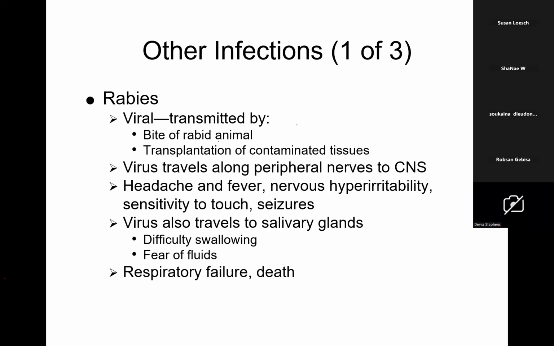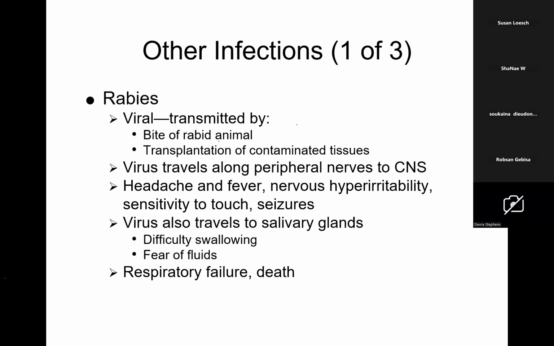Now, we do see a lot more animals coming out in the daytime now because we're populating their areas and we're taking away their food supply. But they're dirty. We don't want to play with them. They're not meant to be like us, and they're not all meant to be pets. So this rabid animal bites somebody and it transplants the virus, okay,